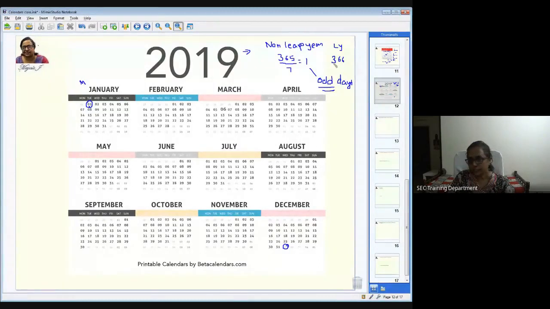And here you can see that when you take a leap year and divide by 7, the left out remainder is going to be 2. Like here you're getting remainder 1, this 2 is nothing but a 2-day extension. That's the reason. 2020 is a leap year. As per this, we have seen that Jan 1st is on Wednesday. So therefore, the next new year is going to be when?